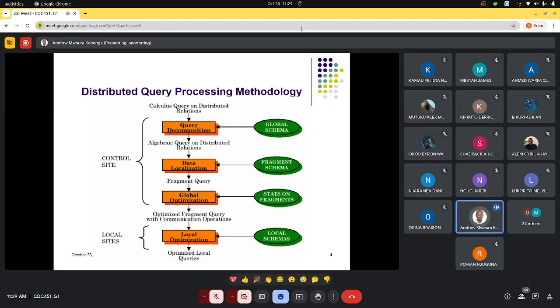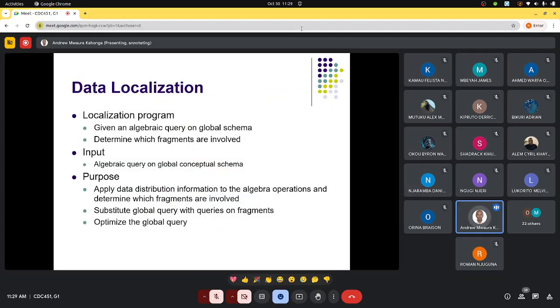Right, so let's start. We are on the second step of the distributed query processing methodology. That's data localization, and we had started on that one. We had seen that it's a module that takes in the query that has come in from the decomposition. The query still works on global relations, and we